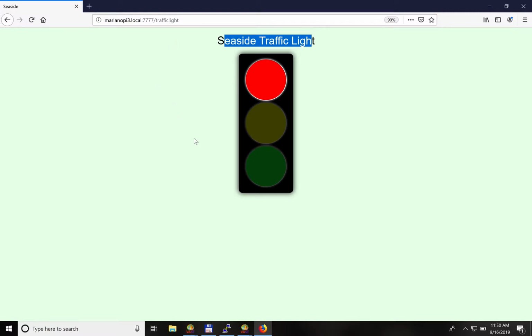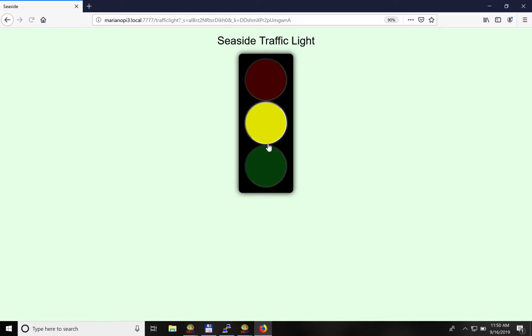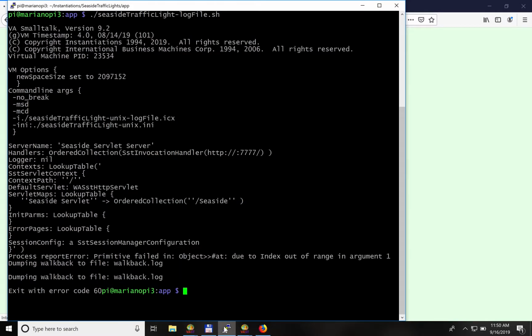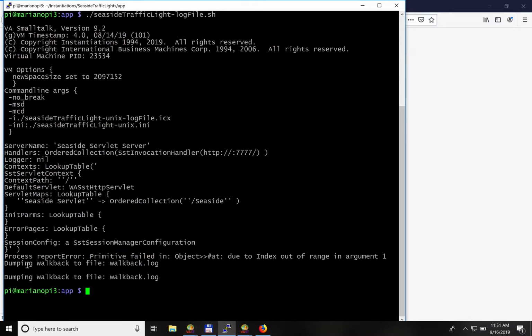So the first scenario, let's say scenario one, is where you create a log with the stack of the error. Okay, so I will click on the green, and this will eventually stop the server. And if I go to the console, you will see that it says that there was this error, and the error was dumped into this